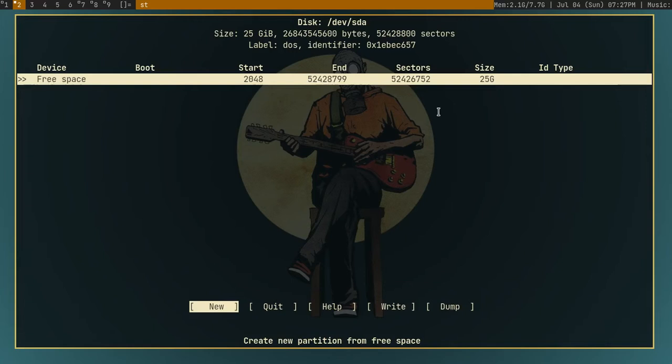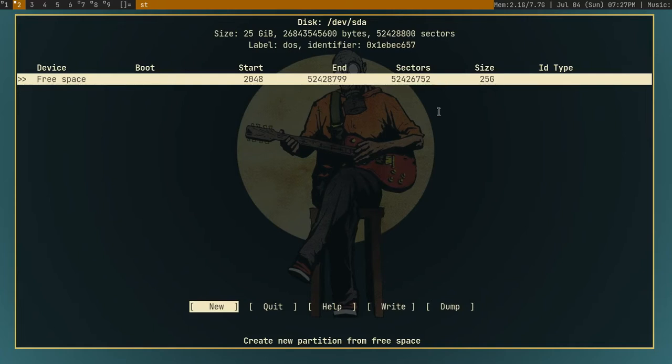Now I create two partitions, which is a swap partition and then a root partition. A swap partition basically will improve your system's performance a little bit. So I recommend if you have a low-end system to create a swap partition. Okay. So yeah, if you have a very high-end system which has nice specs, swap partition will just take up your space, so you can just skip the swap.